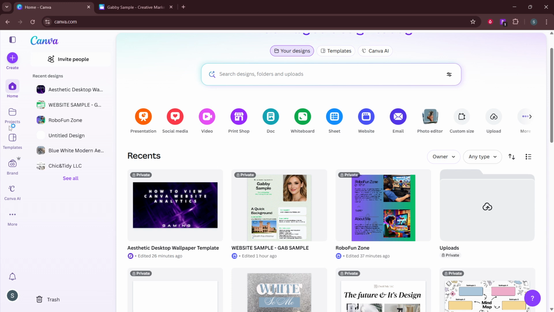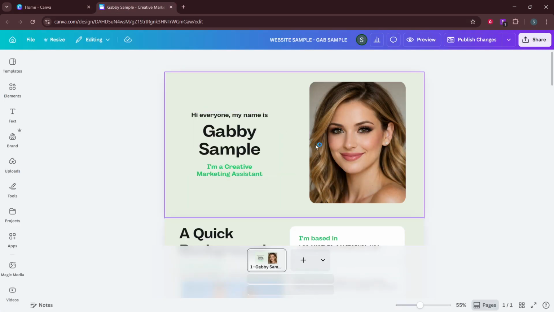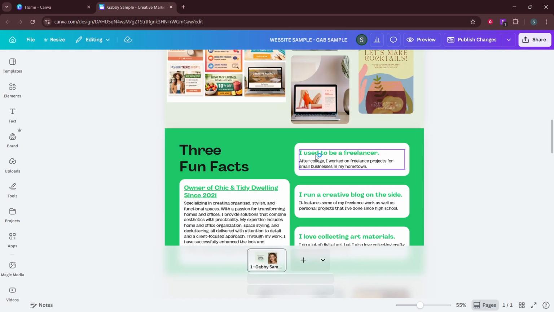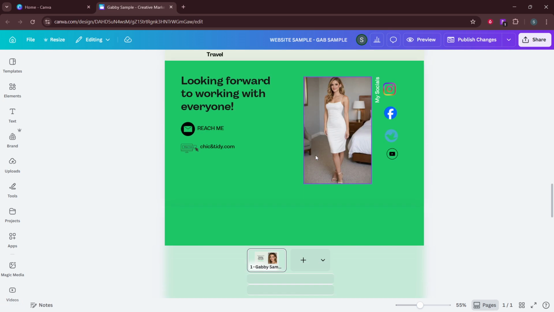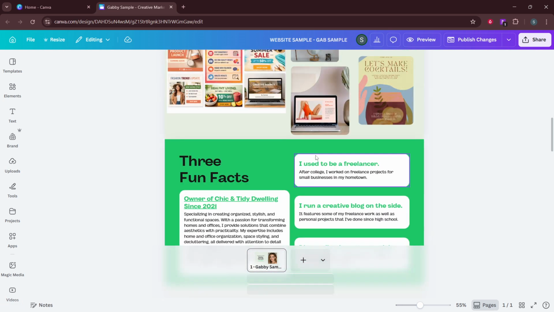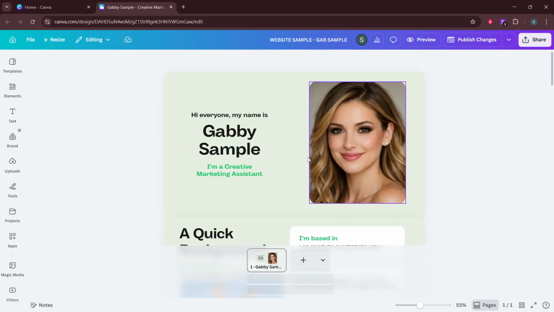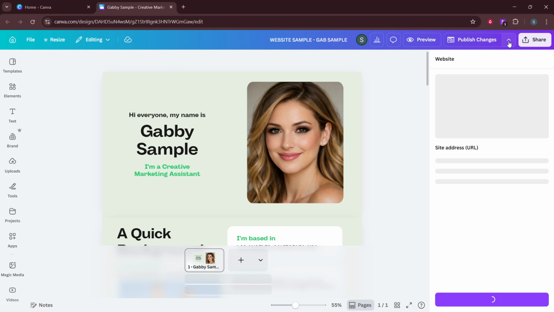Start by opening your Canva website design. Make sure you're inside the project you use as a website, not a standard presentation or document. Once your design is open, head to the top right corner of the screen and click the Share button. From the menu that opens, choose Publish Website. Don't worry, you're not making anything live just yet. This area is where Canva collects all the settings related to your site's publishing options, including the preview image we